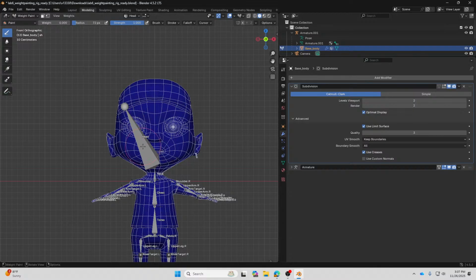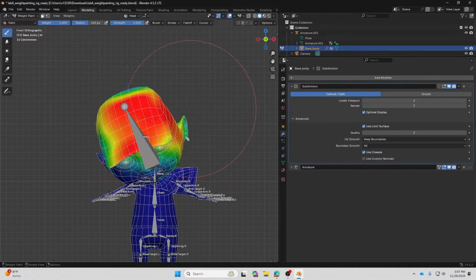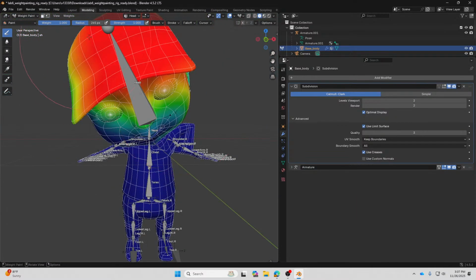messy, because sometimes, for example, you want to paint the head of the body, but you use the bigger radius over here and paint, which is faster, right? But at the same time you are affecting everything else that is under the radius of the brush, including the arm over here.